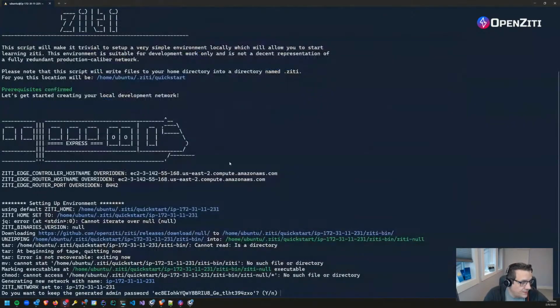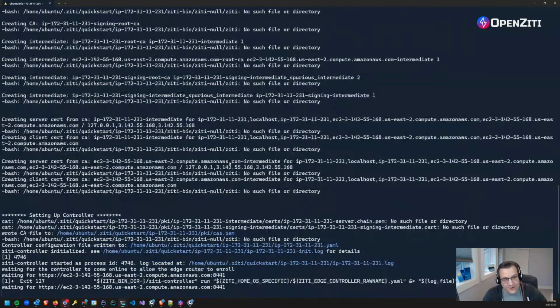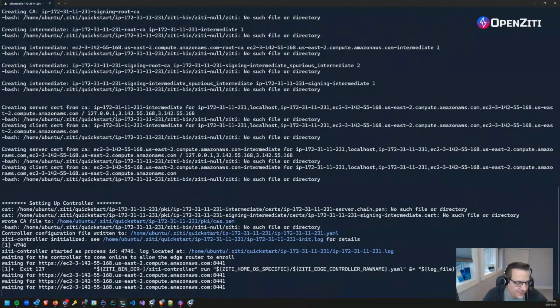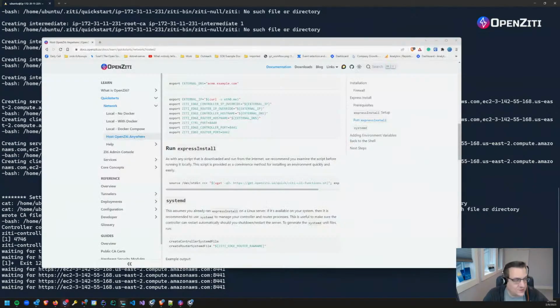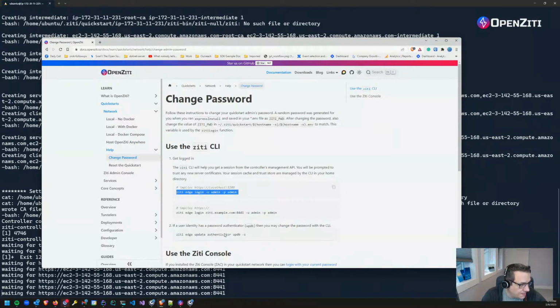You know what? We're gonna keep it this time. I'm tired of typing it. If you caught it, then you caught it. You'll be able to use my zrok instance or my ZD instance. You probably can go back and pause it, I suppose. I don't know. Maybe I should follow the changing. Let's do that too. I can change the password